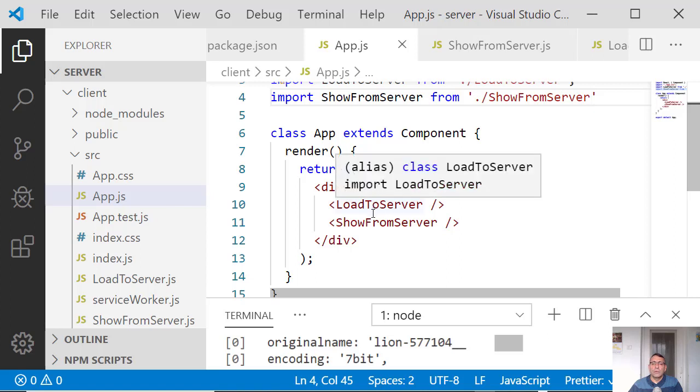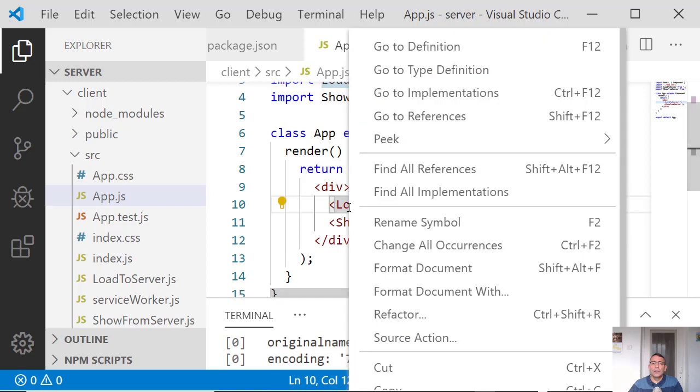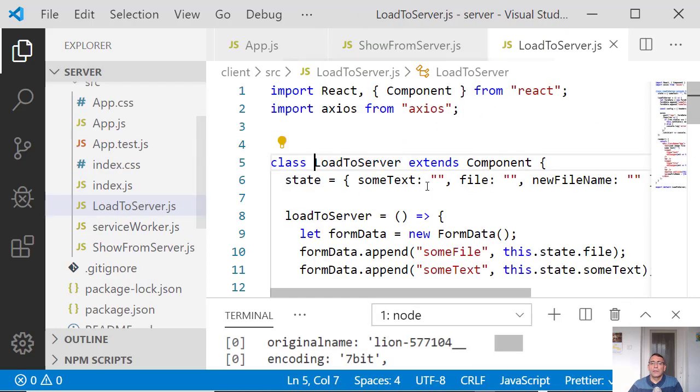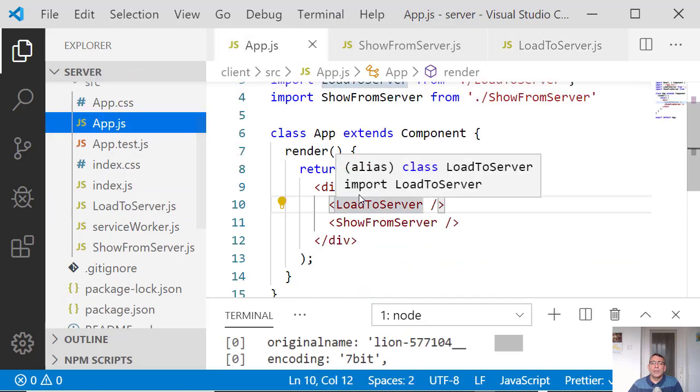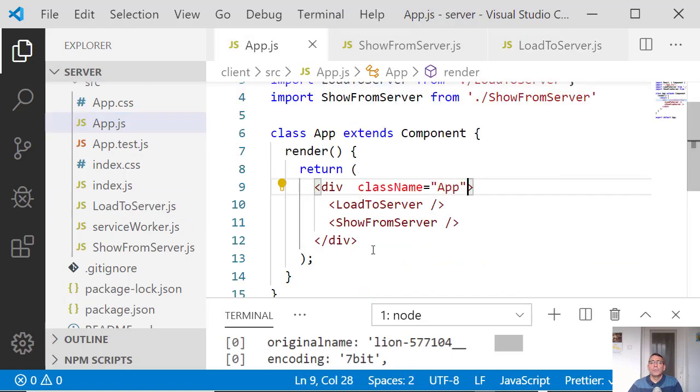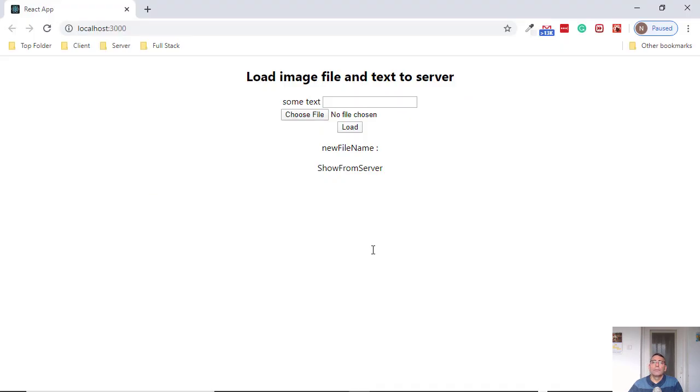Oh, we need to handle this inside. Let's add this to the app.js. Okay. And one more thing, let's add